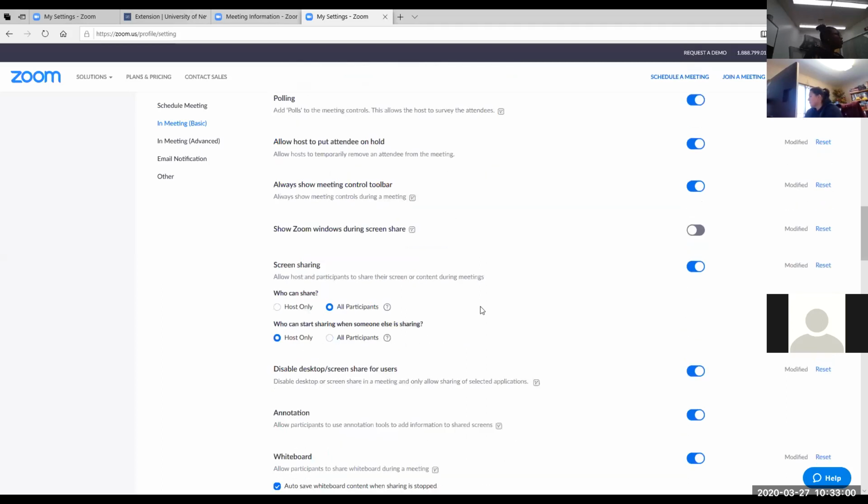Show Zoom windows when sharing screens. So that's when you can see the pictures of people. I guess that one I don't have marked, so I don't know what that one is. But screen sharing, you can allow, just so if you're gonna host